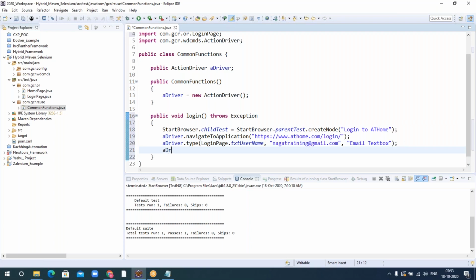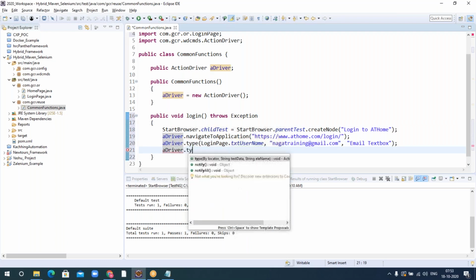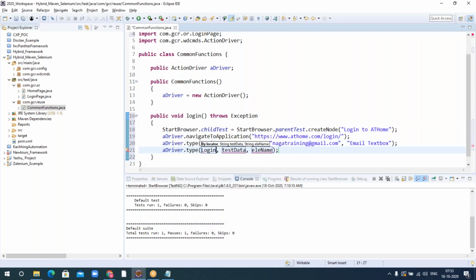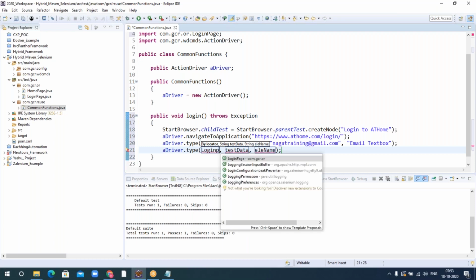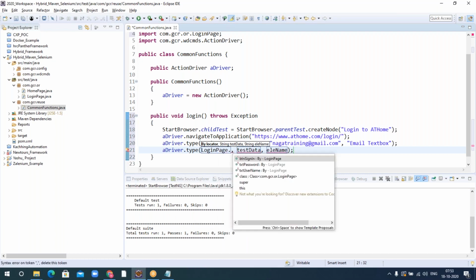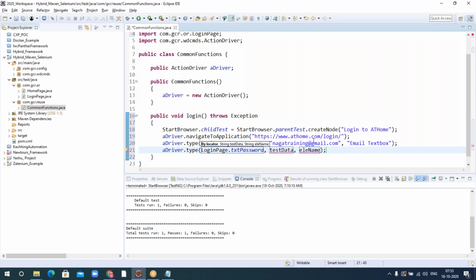Again, the password I need to type with driver dot type. Again, password is also available in the login page. Login page dot txt password. So I need to give my password, sample 1234, and the element name is password field.